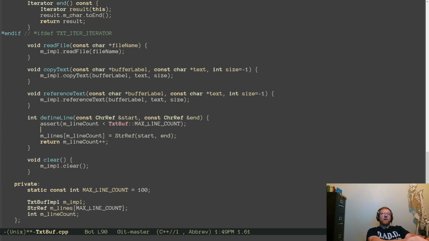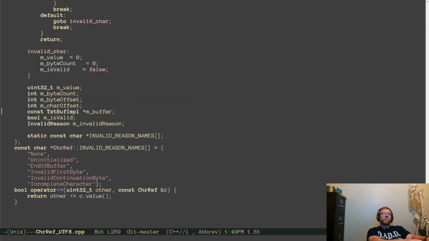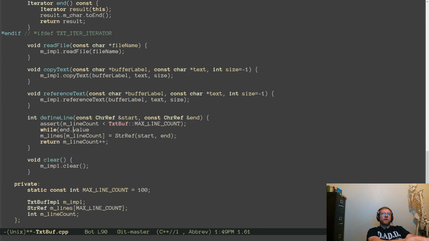Therefore, lim value is equal to either \n or \r.